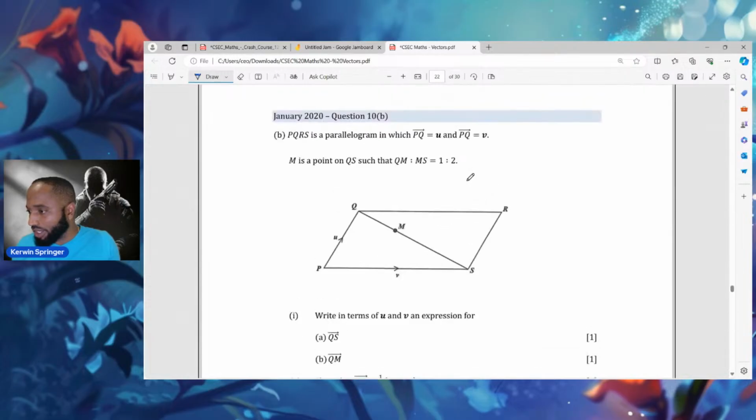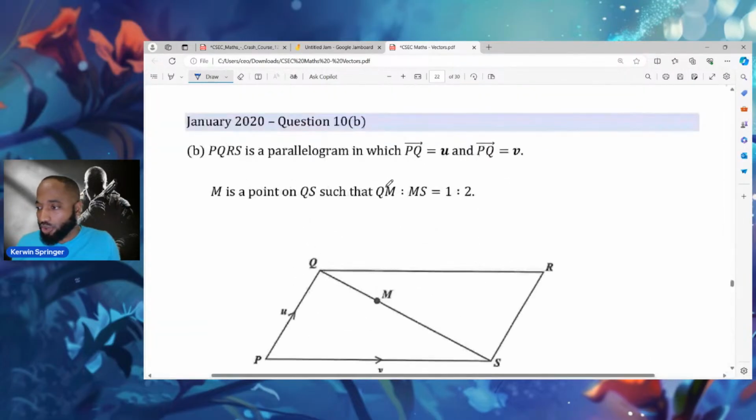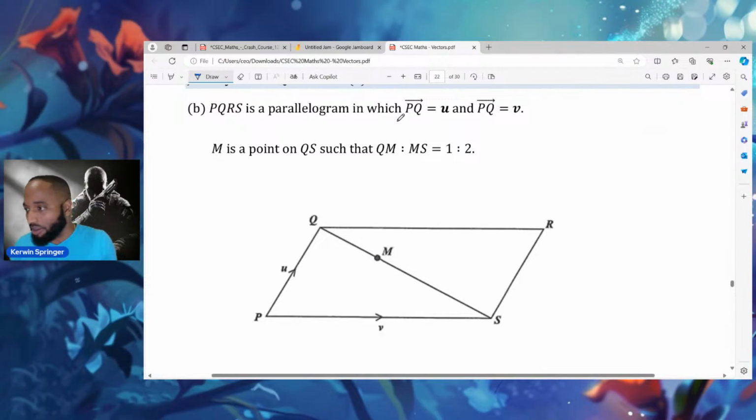I want to pick a nice one for you. All right, there's a nice one here. So let's go. PQRS is a parallelogram in which PQ is U,